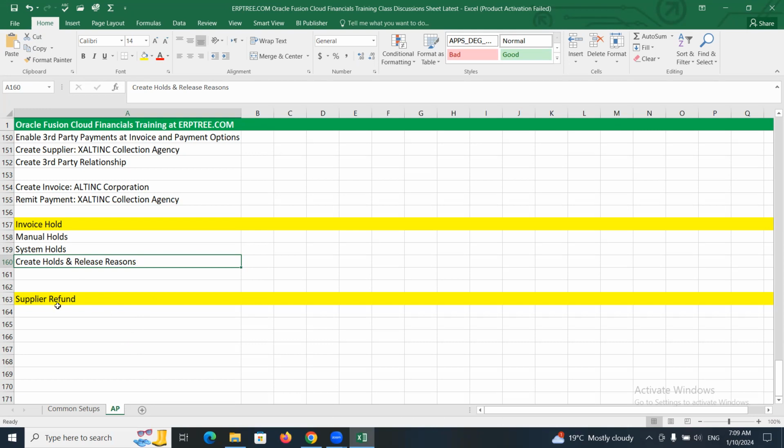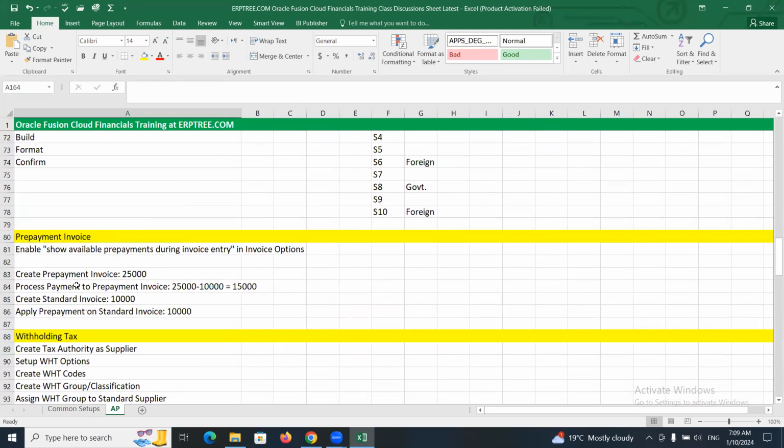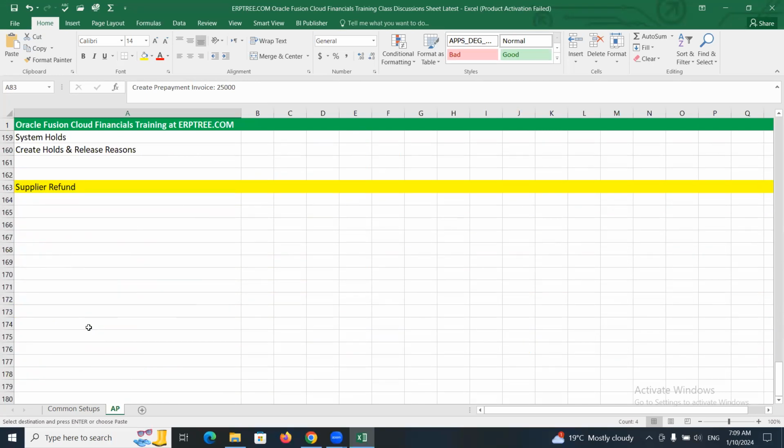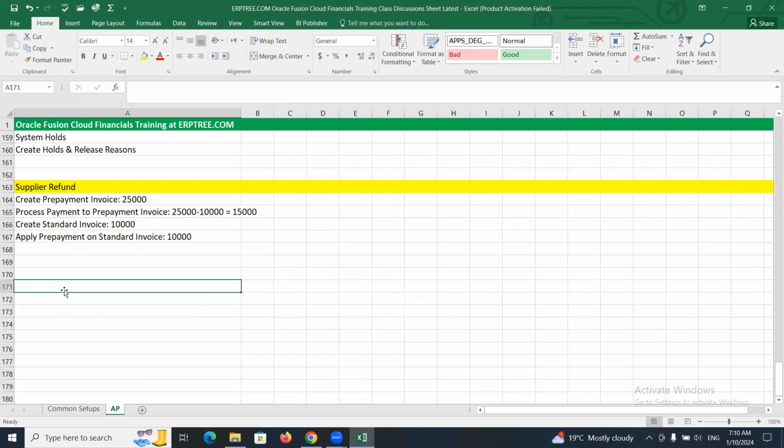Quite done. Supplier refund. So we created a prepayment. Take the same case. We issued 25,000 advance to the supplier and we utilized 10,000, still 15,000 is with the supplier, and we are not going to purchase anything from that supplier. Now we want to get that amount back as a refund. So within your prepayment, you have 15,000. So what you can do in the system is,